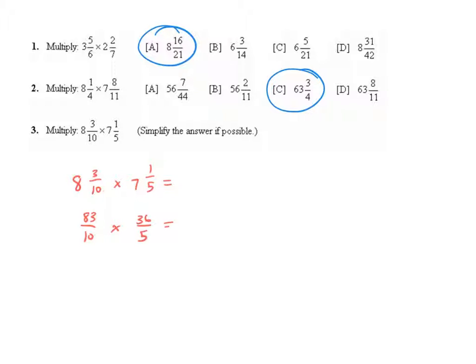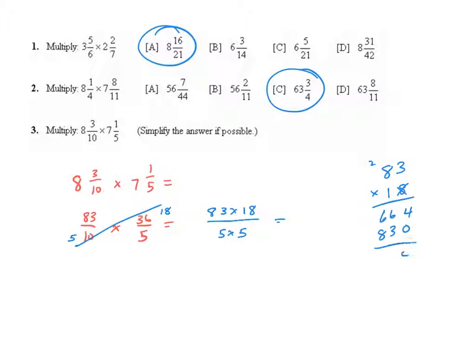Look for ways that you can cross simplify before you begin. I can pull a 2 out from 10 and 36, so that leaves me 18 and 5. I now have 83 times 18 over 5 times 5. I don't have 83 times 18 memorized, so I'm going to have to work it out. That would be 64 and 2 is 66. And then 3 and an 8. So we have